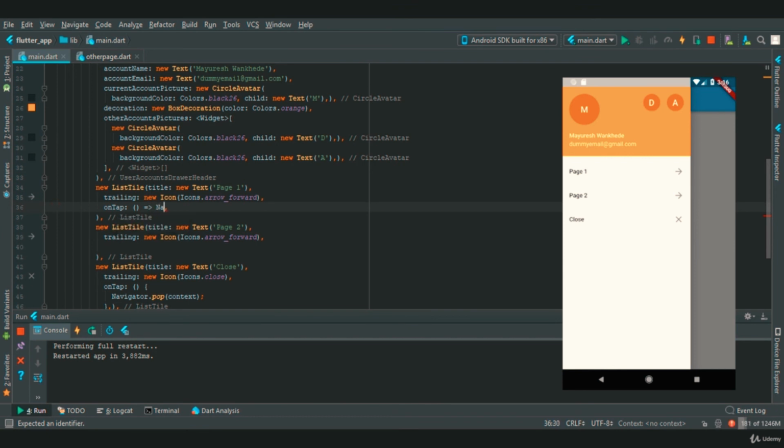In this we will say Navigator.of(context).push(new MaterialPageRoute). Now this builder also takes a function, so we will give an inline function, and we will say new OP constructor, and in this we will provide the value page 1, and for this builder function we need to provide a build context.